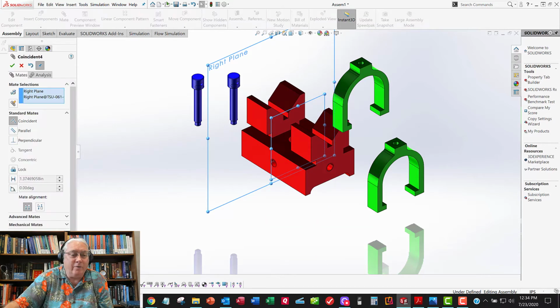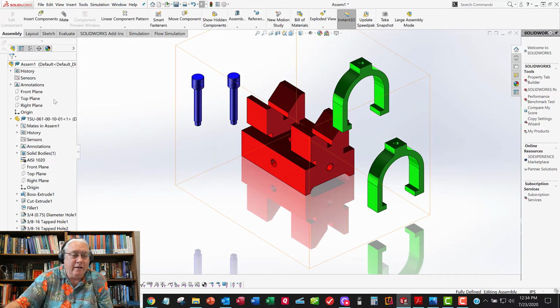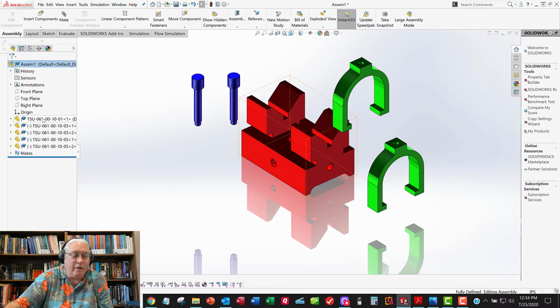So now once I do that, it can no longer move, and I get an indication of that because my minus sign on my part is no longer minus. It's gone. So that part is tied down. Now let's tie down this first